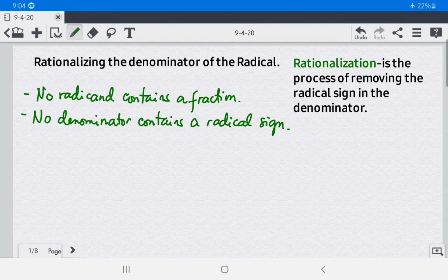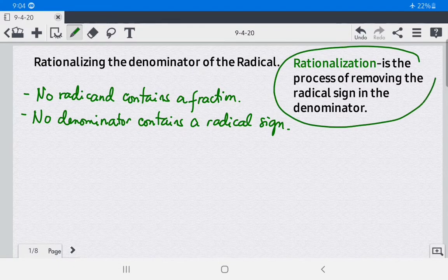In order to simplify our radical expressions, we're going to rationalize the denominator of the radical, and that process is what we call rationalization. This is the process of removing the radical sign in the denominator. Also, we're going to make use of the quotient rule for radicals,